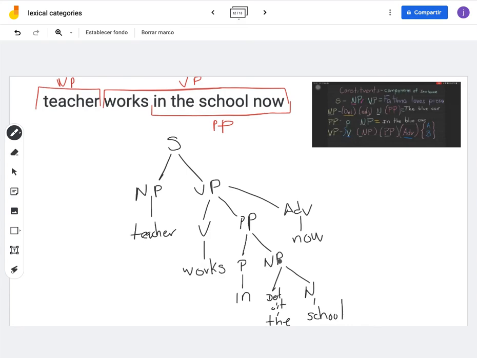In this case, this noun phrase contains a determiner that is "the". "The" is an article, okay, and the noun in this case is school. Okay, so we can support with this picture. Here we have all the elements. Okay,